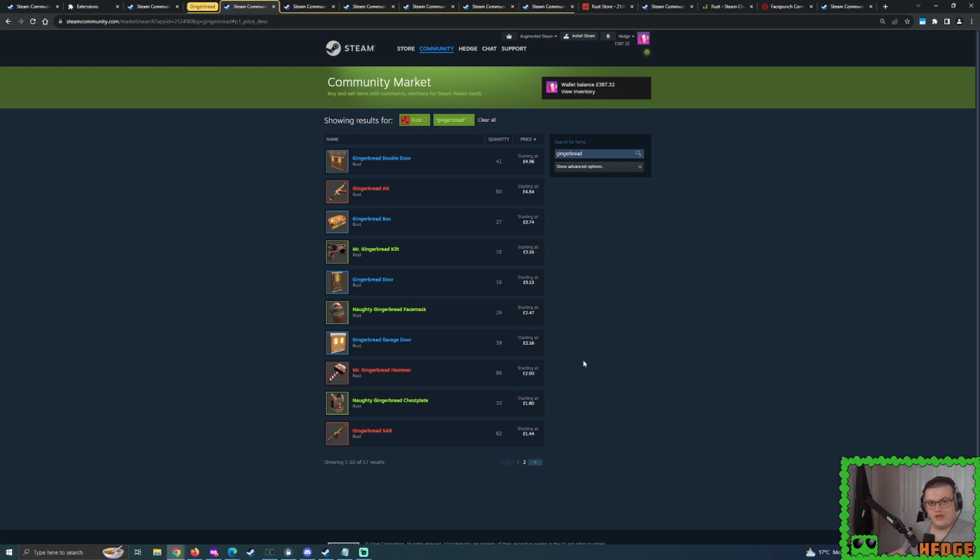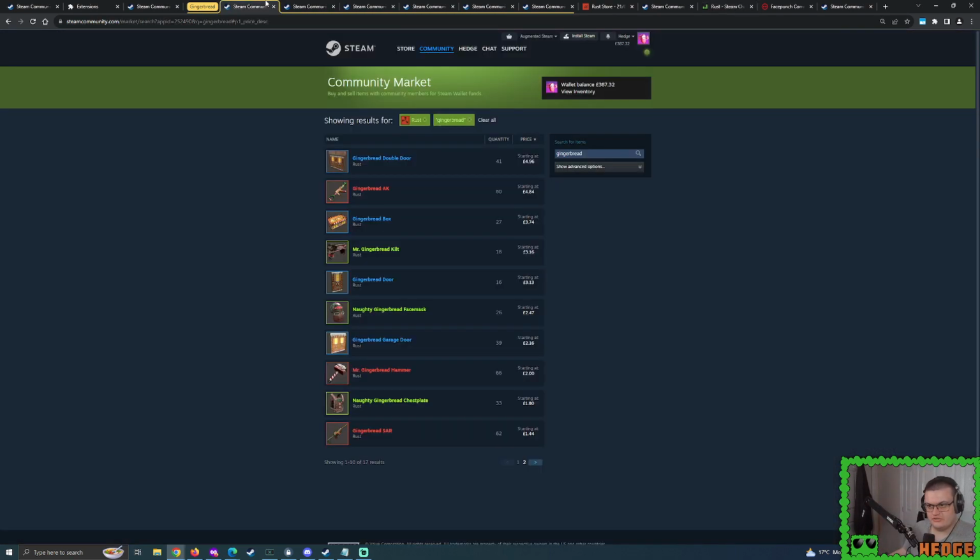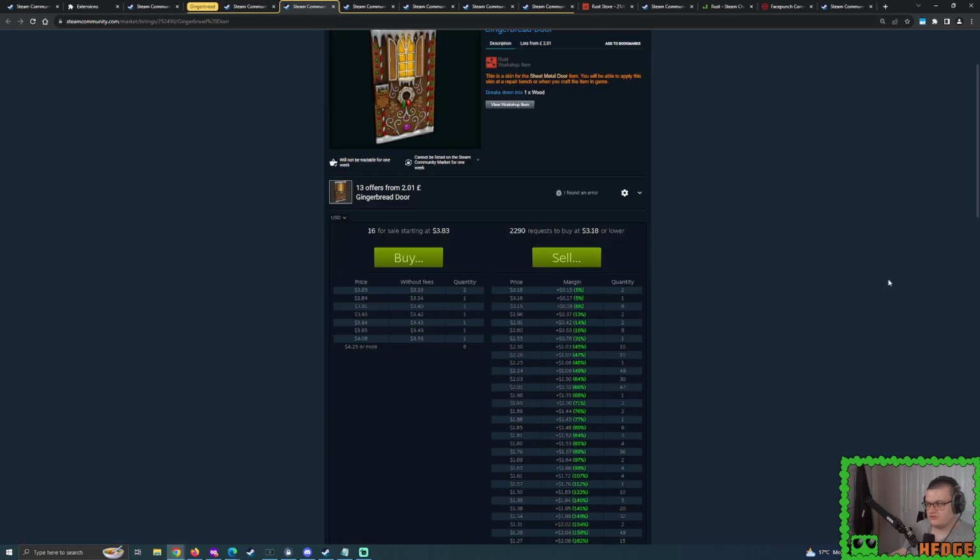You could jump in as well now, or maybe wait it out a bit, because usually it's October time where we tend to see the absolute worst for Rust skins. We also have CS2 just around the corner. Apparently that's going to release on Wednesday, September the 27th. The release of CS2 and potential new content for Counter-Strike could potentially put a damper on all of the Steam market, and, well, that includes Rust. So maybe prices for all Rust skins could potentially go lower now, and that's where you might want to consider putting your money towards all of these gingerbread skins if they do go down a fair bit,